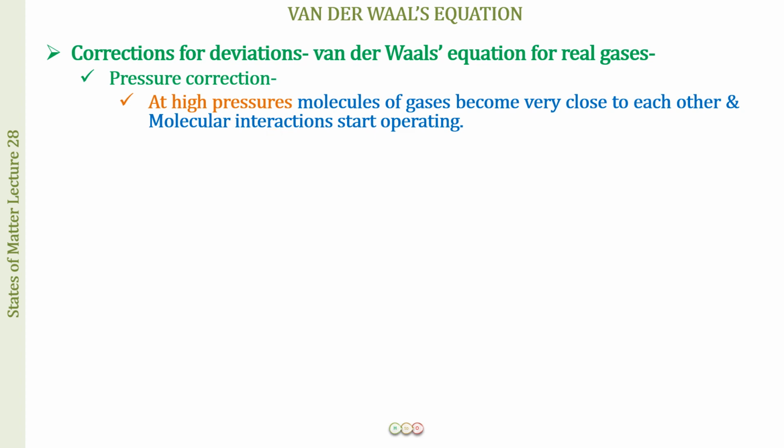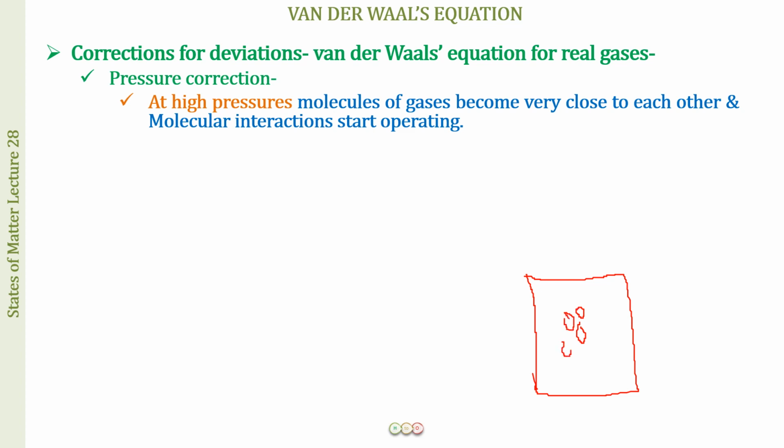Fine. Now what happens is, let me help you first of all with a diagram over here, and then we will be putting up everything in writing so that you can make your notes, and when you are revising you do not face any difficulty. Fine. So here we have a container. In this container there is a gas molecule. Let us assume in the center of the container. And this is going to be surrounded by various other gas molecules.